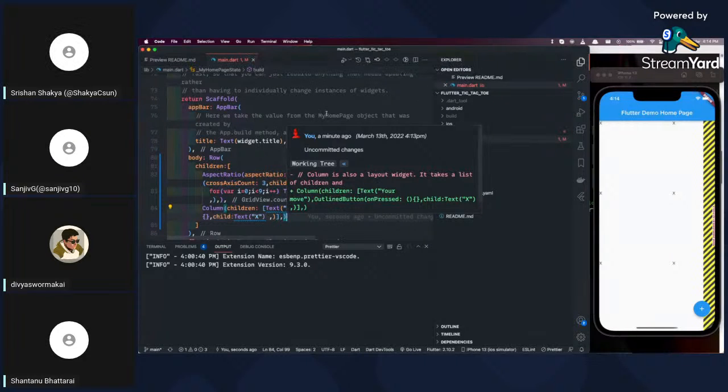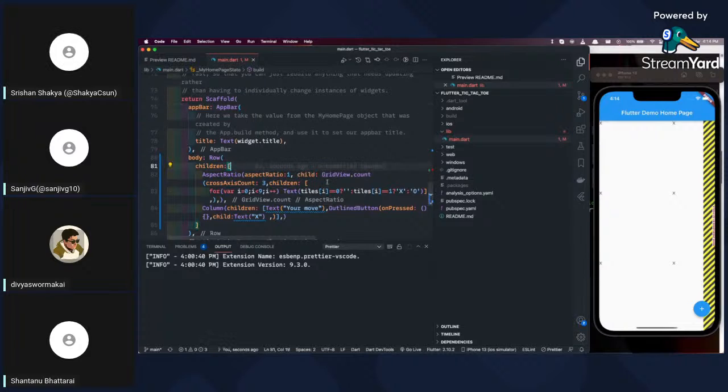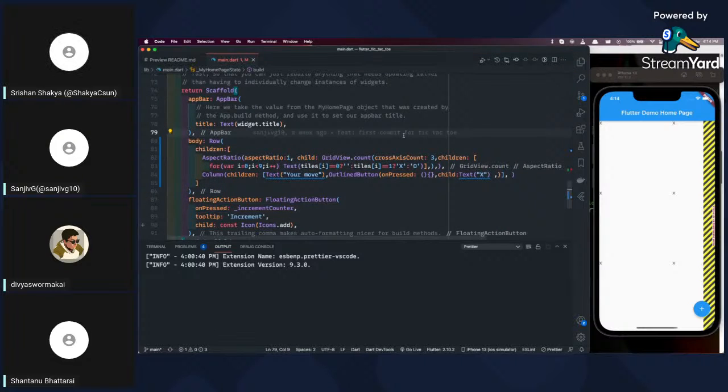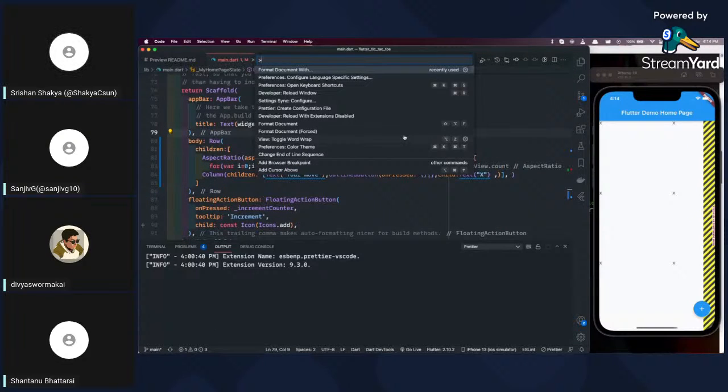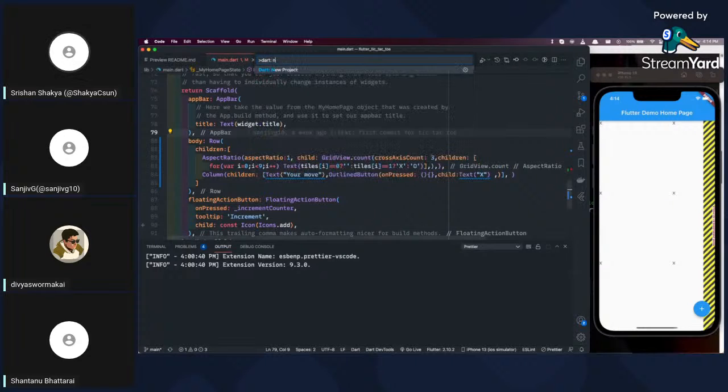Yeah, I think that should now do it. Nope. Then also again Command Shift P. Maybe you forgot to use the recommended Dart settings. Use recommended settings.